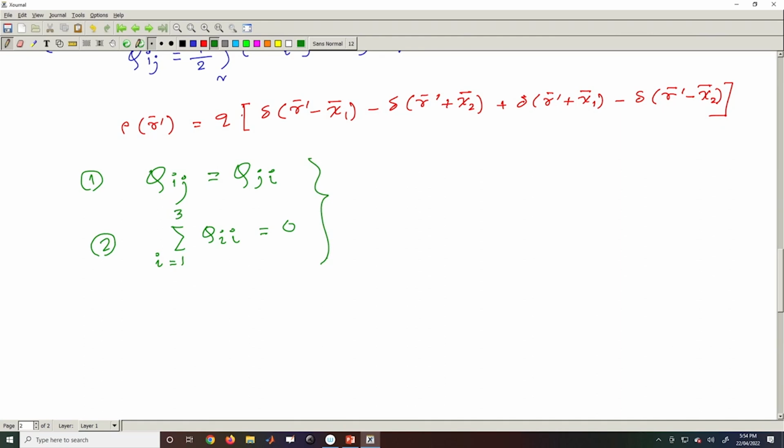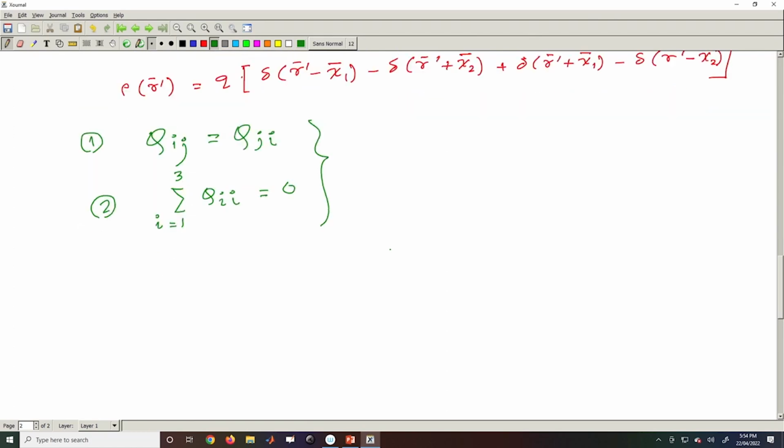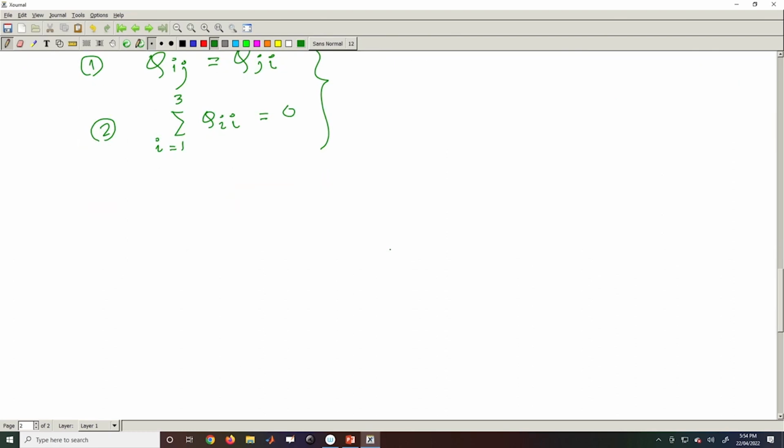So, it is not that I need to record all the 9 components. I can simply calculate a few components, and my total tensor can be calculated. So, let us start with the calculation of q11. q11 is simply half of the integration, and then I have 3 x1 prime x1 prime minus r prime square,